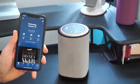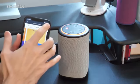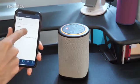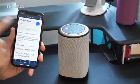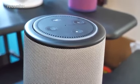All you've got to do is head into the Alexa app and then tap this little icon and go to skills and games and then do a search for our friend Joe Wicks. This will pop up the body coach skill. Just give that a little tap and enable to use. And then when it's time to work off the pie and chips that you had for lunch, just say, Alexa,